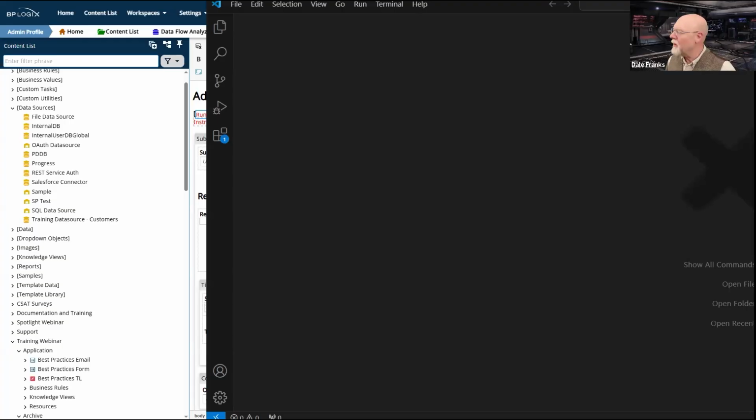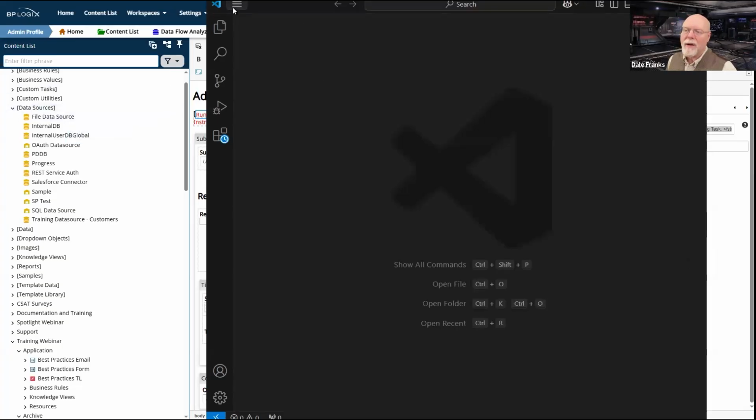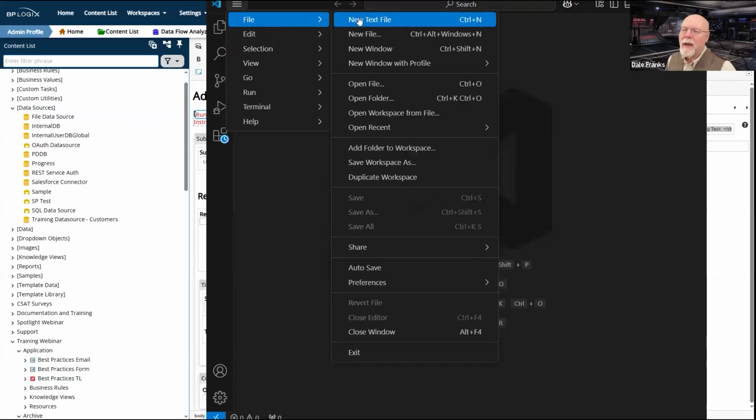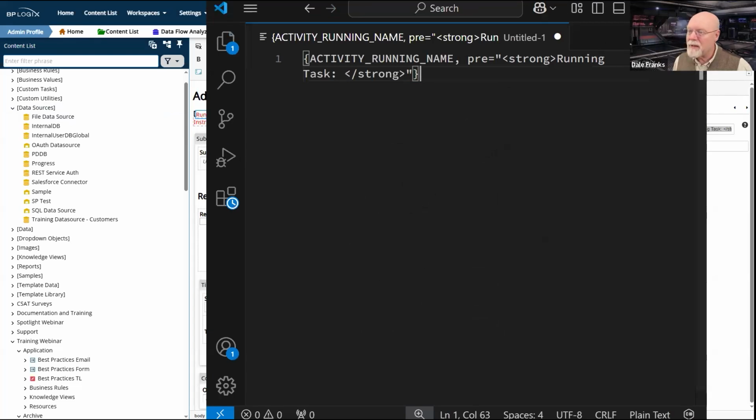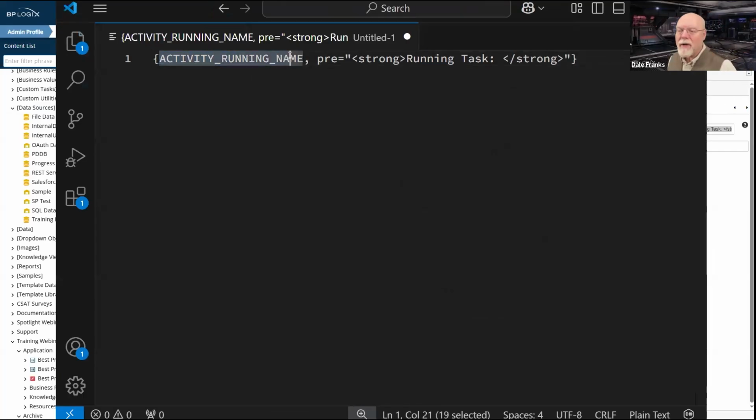Let's close that. And let's go ahead and just create a new text file. And let me just paste that there. So this is the system variable that I've thrown into that system variable control. Again, it's activity running name, but what I've done is I've used the pre variable, what is it?